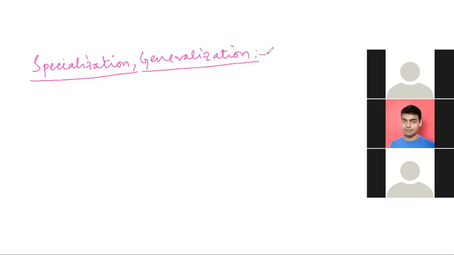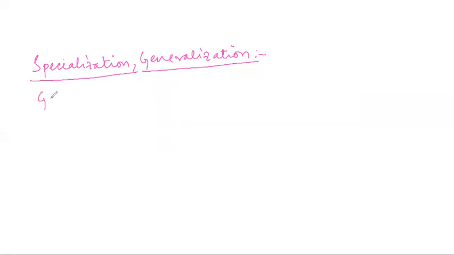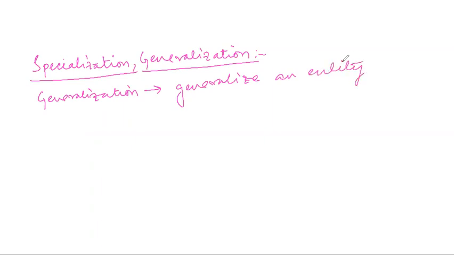Now this topic we have already learned. Still, I am telling you one last time, that is generalization. We all know. First, we will talk about generalization. So we all know that generalization is a process where we generalize an entity which contains certain generalized attributes or properties of generalized entities. That means if I talk about one example,